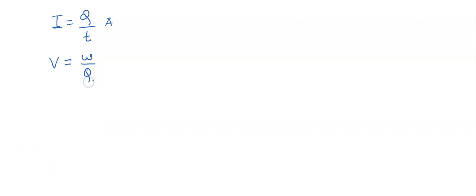Work done by charge, correct? No? So the SI unit of potential difference is volt. What is the SI unit of potential difference? It is volt. Work done upon charge, correct? And after that, what we discussed, what is the important formula next which is required to solve the numericals?